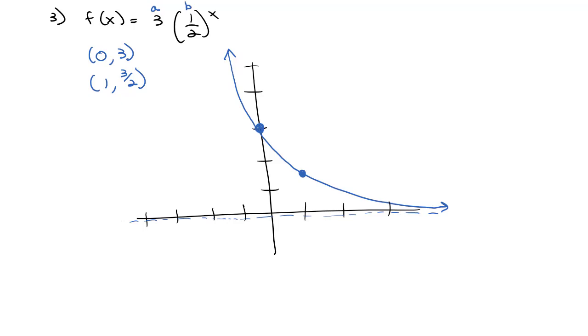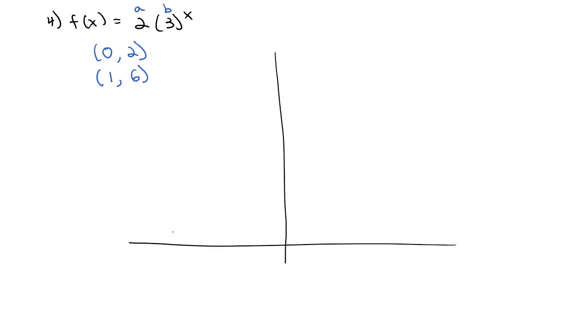Let's try another example. Let's graph f of x equals 2 times 3 to the x. Again, I should be able to look at this and see that 2 is my a, 3 is my b. And there's always a point at (0, a), in this case (0, 2), and a point at (1, ab). 2 times 3 is 6. So now when I look at my graph,